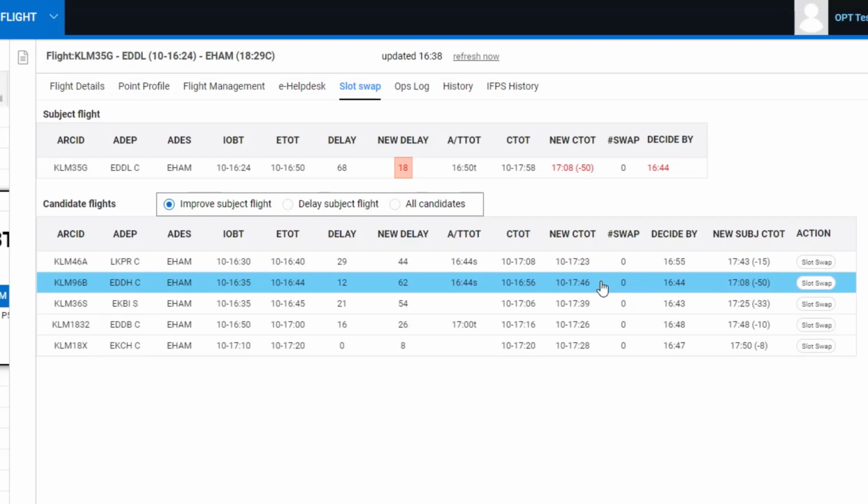That fills in red some information in the subject flight, telling me that my new delay will be 18 minutes. But I'm also told that the candidate flight is now going to have a delay of 62 minutes. But as my subject flight is critical, I am happy with that, and I will launch the slot swap procedure